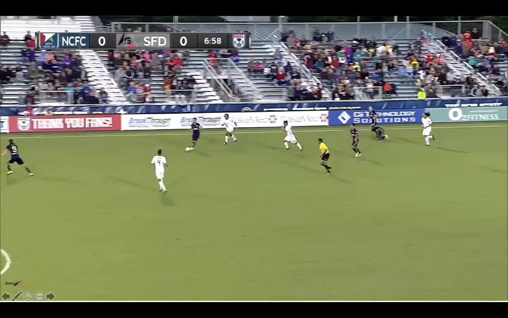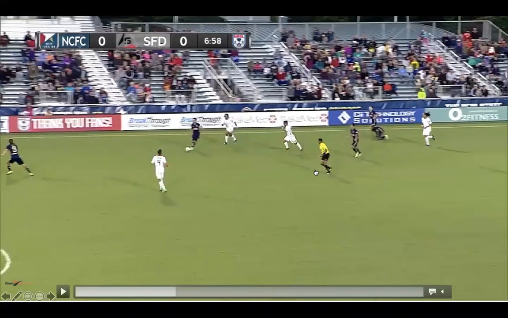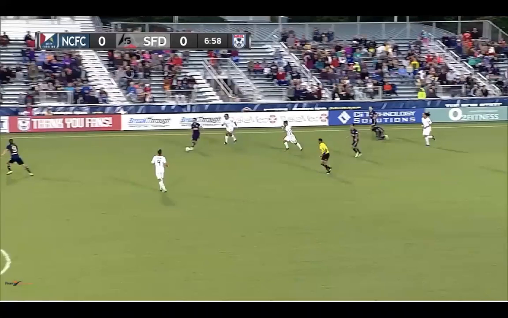Question here: under what circumstances do we consider game flow when looking at trifling fouls? I wouldn't call that foul trifling, first of all. And secondly, it's usually going to be in the middle third of the field or the attacking third of the field. So area of the field is a big factor, Sonny, in what circumstances we consider game flow. Little small trifling fouls in the middle third of the field, as long as the advantage is present, we can go ahead and let them go.